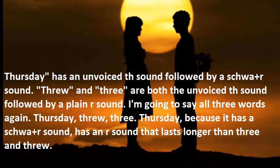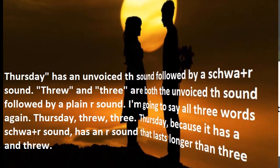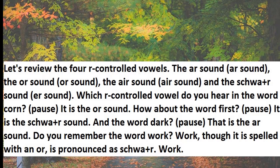Thursday has an unvoiced TH sound followed by a schwa plus R sound. Through and 3 are both the unvoiced TH sound followed by a plain R sound. I'm going to say all 3 words again. Thursday, through, 3. Thursday, because it has a schwa plus R sound, has an R sound that lasts longer than 3 and through. Let's review the 4 R-controlled vowels. The AR sound, R, the OR sound, or, the AIR sound, air, and the schwa plus R sound,